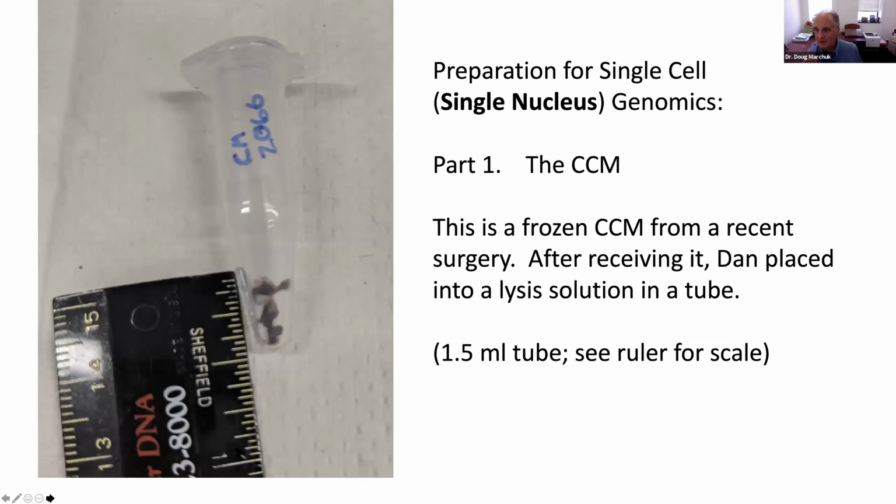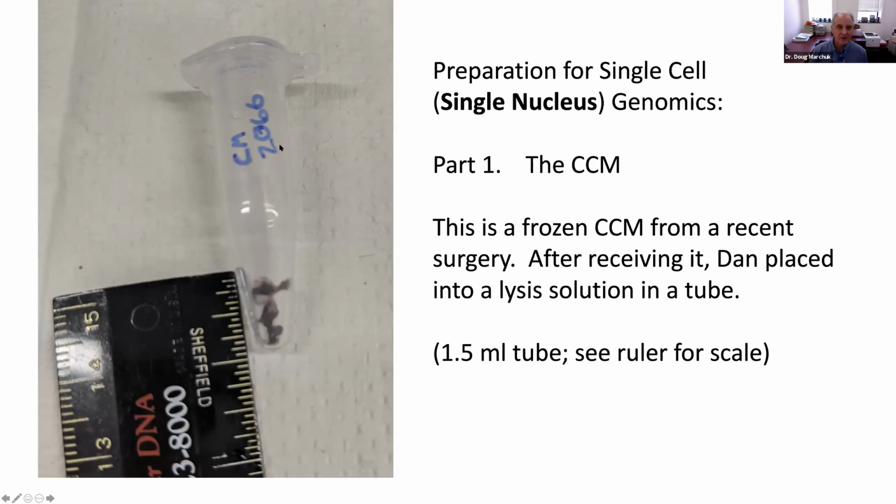So now I'm going to tell you a little odyssey of how this works, and this will be less science and more show and tell. But what we decided to do was single cell genomics. Now I want to point out something: we obtained these CCMs in archive biobanks. So they're frozen, and one cannot isolate individual cells from a chunk of ice, but you can get the nuclei. They're a little bit more